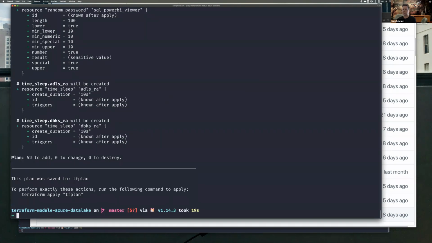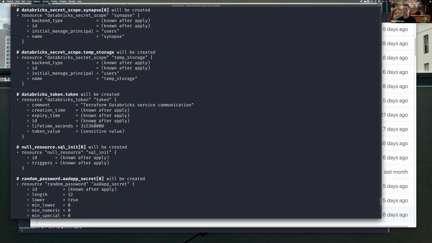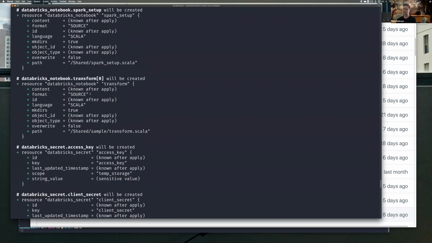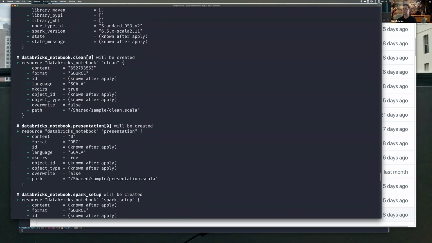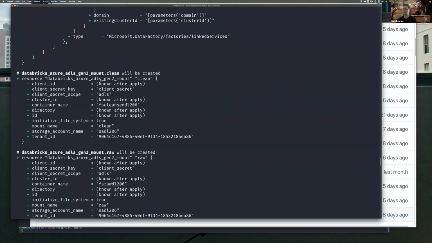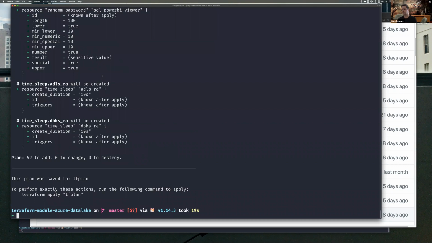So now you see that it will add 52 resources. It won't destroy anything or change anything. And we can see all the different resources that it will add. So these are a few database secrets that are needed to connect all the components to each other. This is a database cluster. I'm not going into all the details, since this is just what we've been talking about over the past half